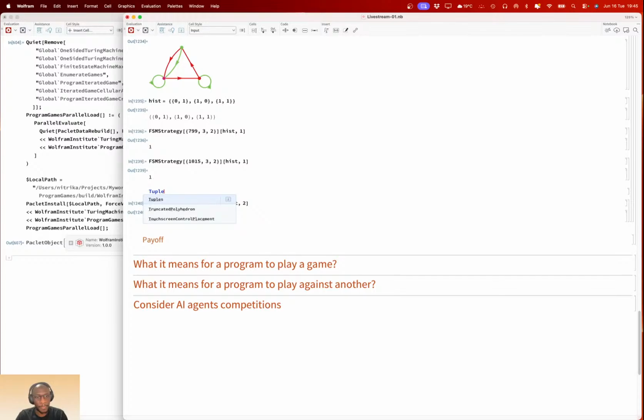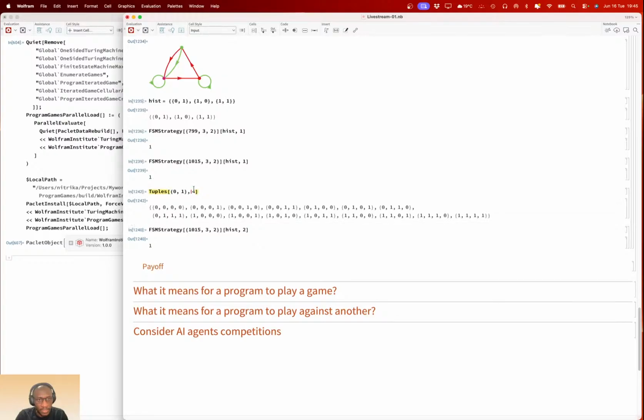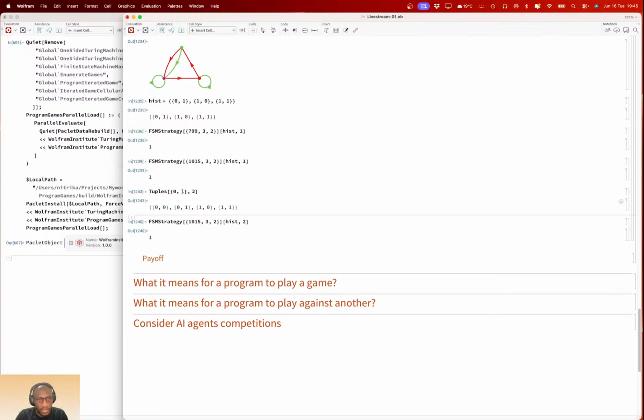Say tuples 0, 1, 2, maybe no, just 2, then 0, 1.